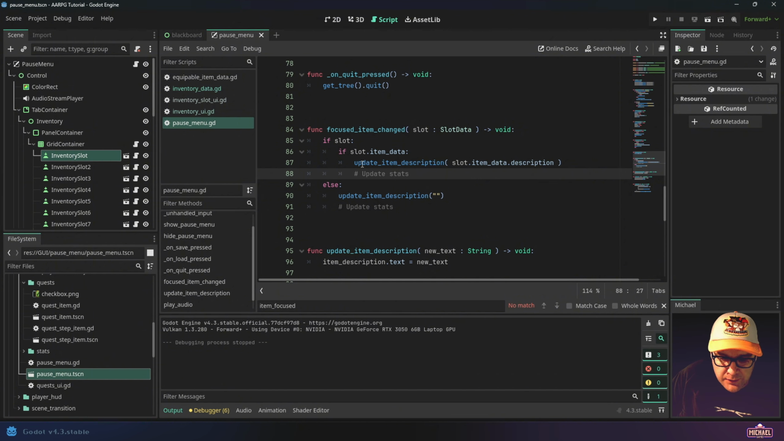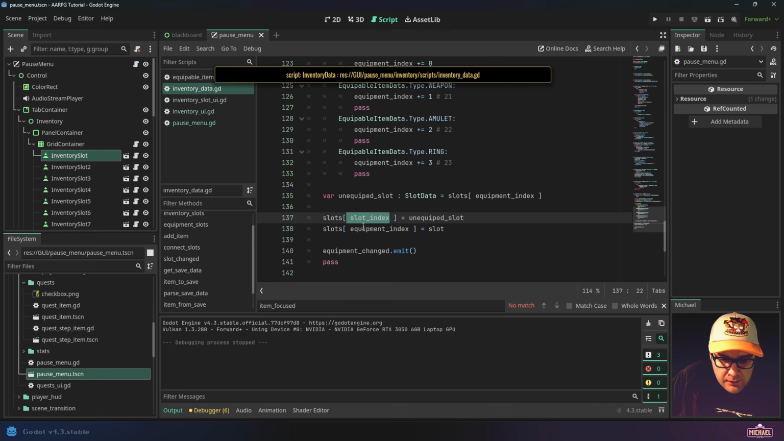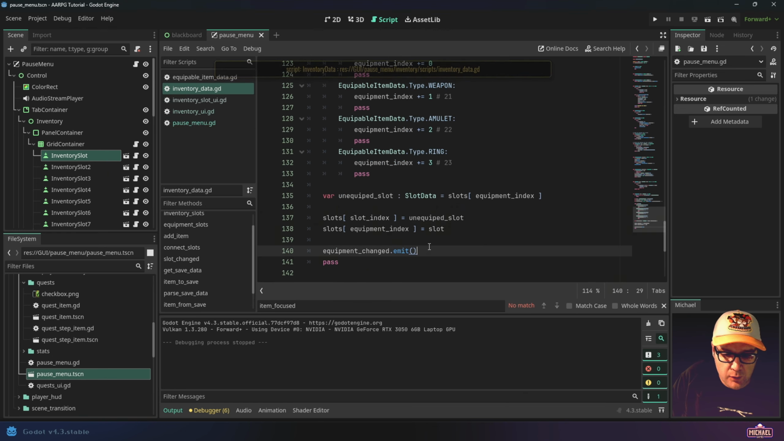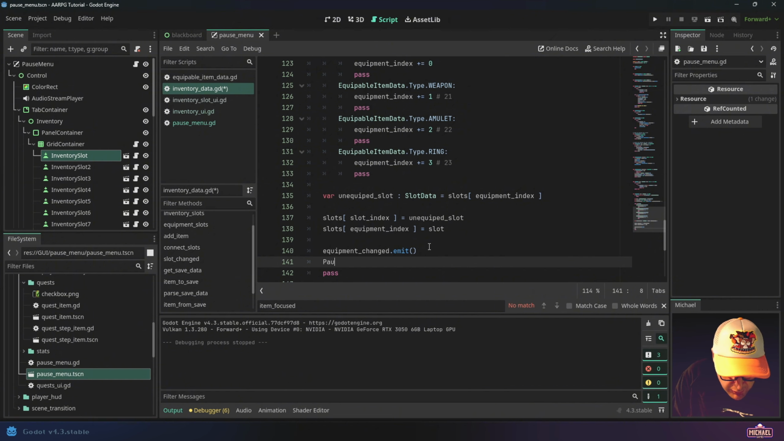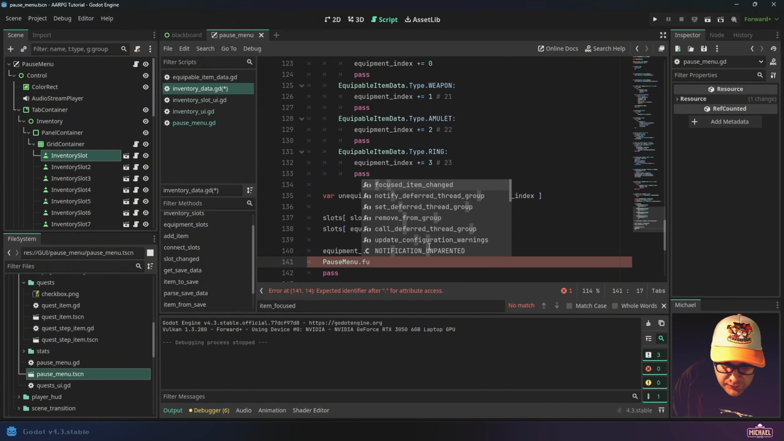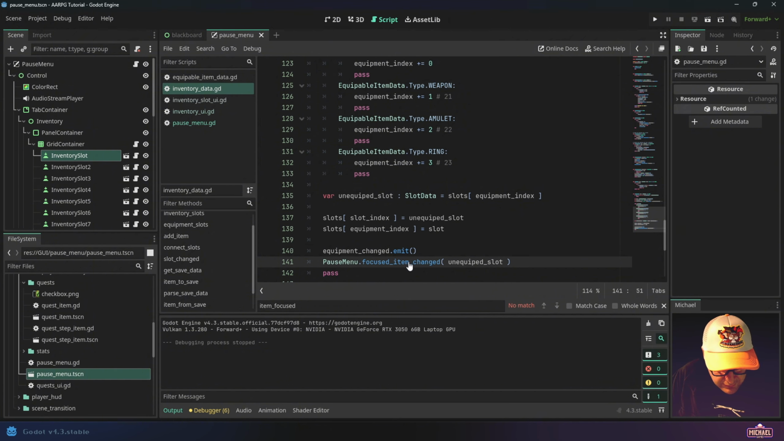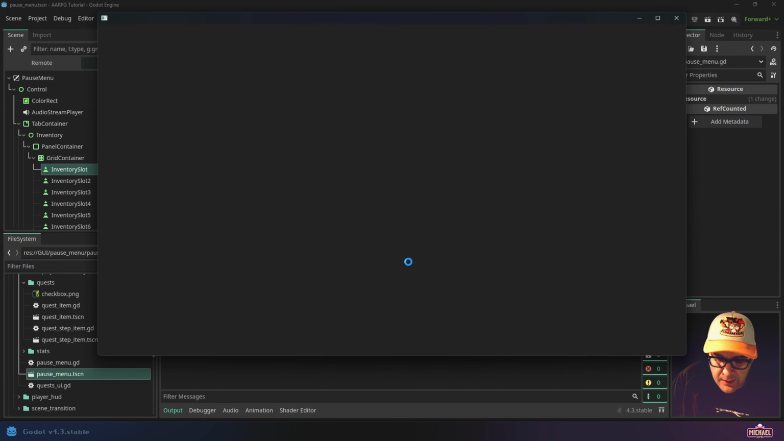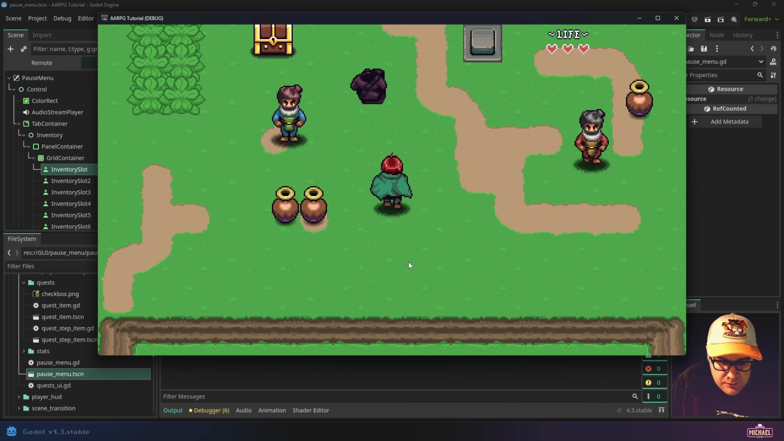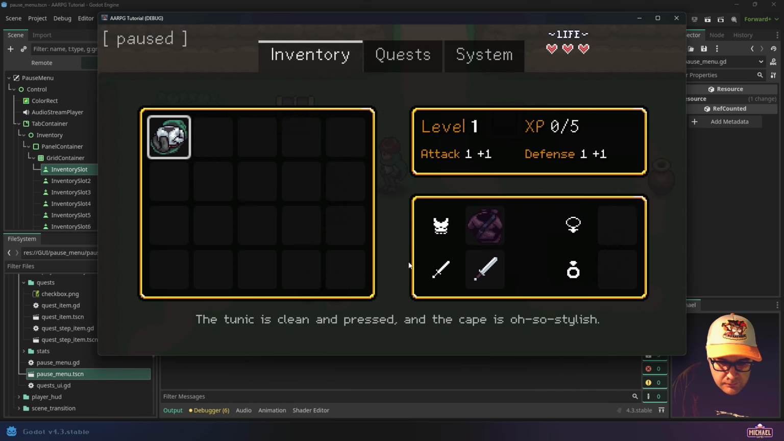Okay. But before this is going to work, we need to go back to our inventory data. So right here where we equip our equipment changes, we can go ahead and just say pause menu dot focused item changed, and then just pass in the unequipped slot, because that's the one that's going to be plopped into that spot right there. This will at least fix the description issue. There we go, the tunic. And then